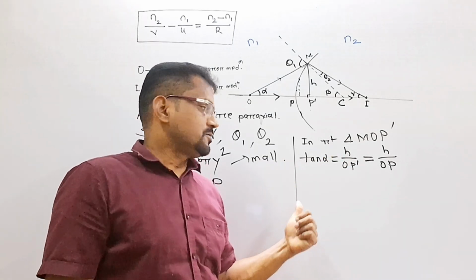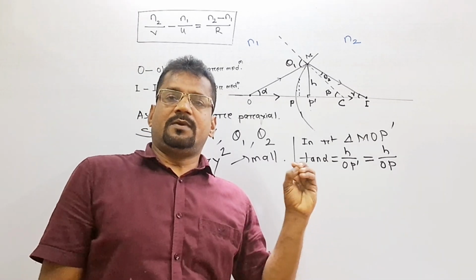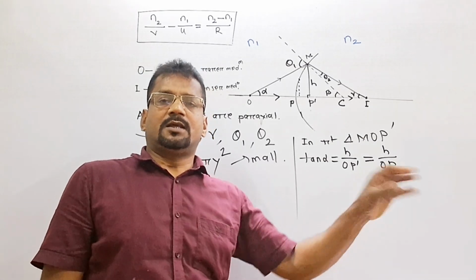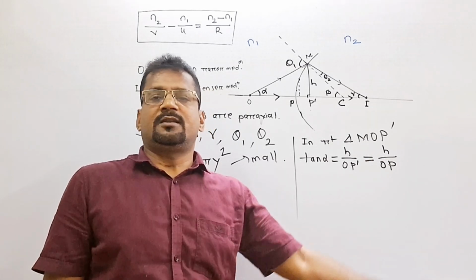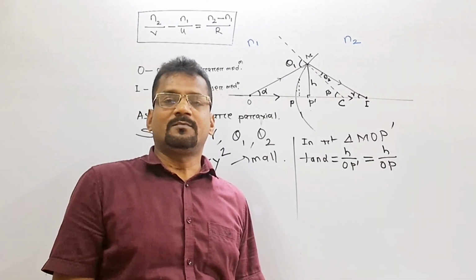It's a mathematical concept. When alpha is a very small angle, then tan alpha ৰ জায়গাত alpha লিখিব পাৰা, sin alpha ৰ জায়গাতো alpha লিখিব পাৰা।